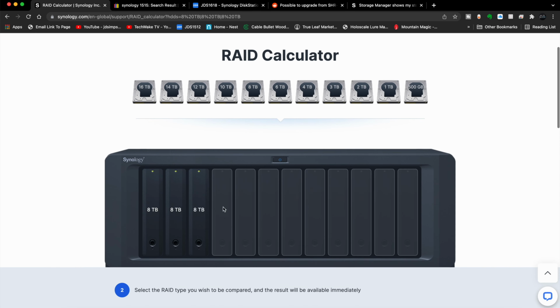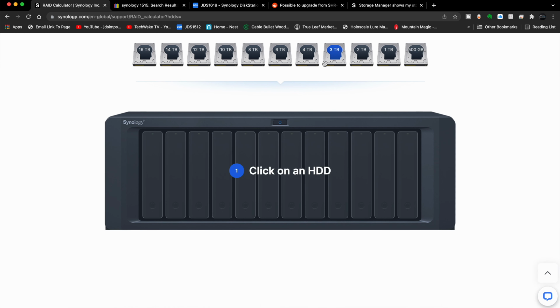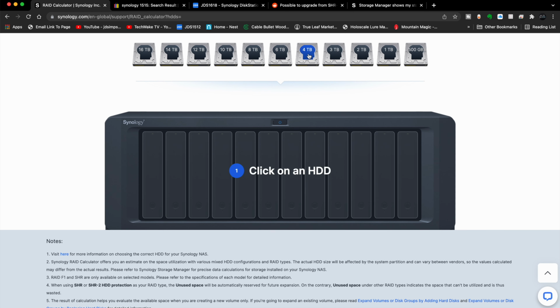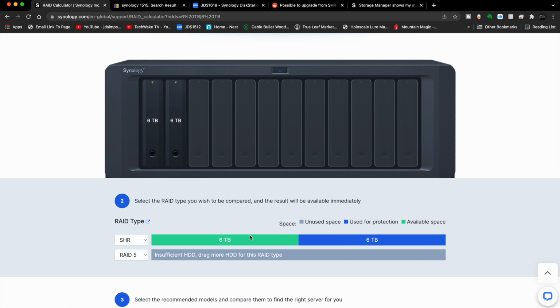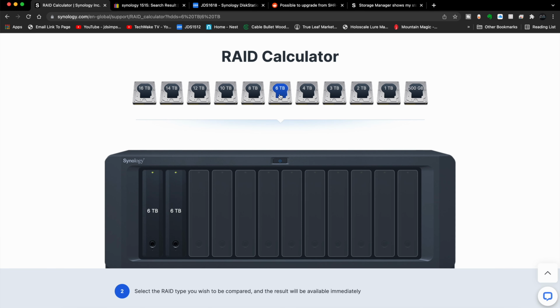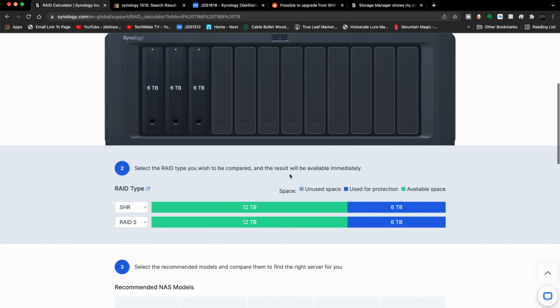If you say, hey, I have a bunch of 4s and I just want to start there, you don't have to fill it up. If you have 4 bays, you could say, I only have 2 disks and I'm going to start with a 4-bay. Right now, the only protection you can run is SHR, which is mirroring. But one day I dream of getting another 6 terabyte and I put it in. Now you have 2 drives of storage and 1 drive of protection, 12 and 6. So you just increased your space.